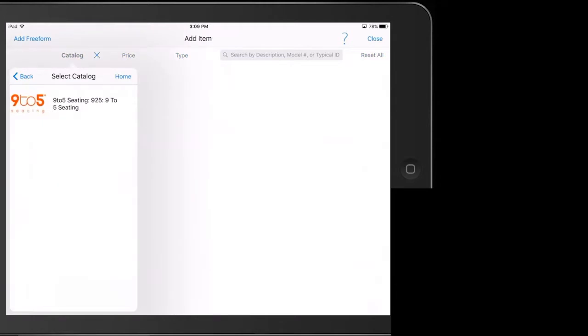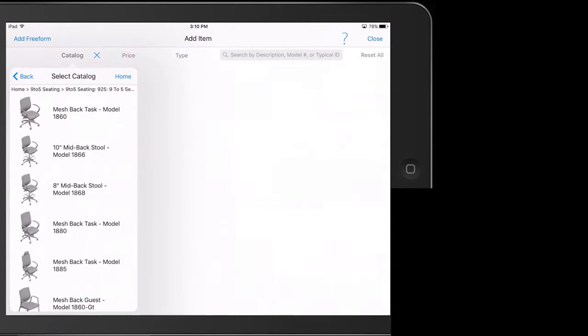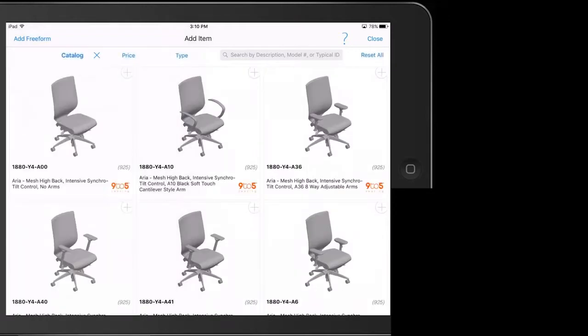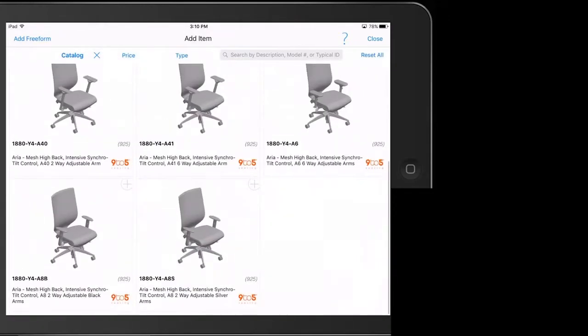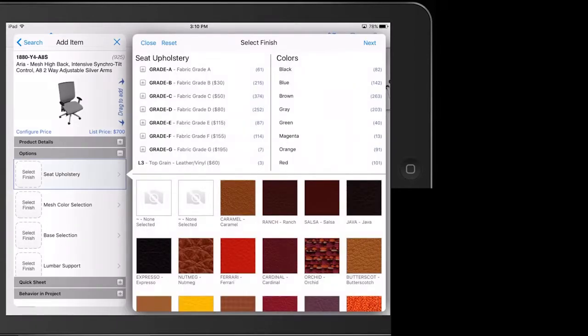So let's go to 9 to 5 Seating. And we're going to go ahead and use ARIA for this. Let's go with the 1880 Mesh Back model. Here are all the models. And I'm going to go with the very last one. So I'm going to double tap on the image. And then before I bring it to the scene, I'm going to go ahead and finish off